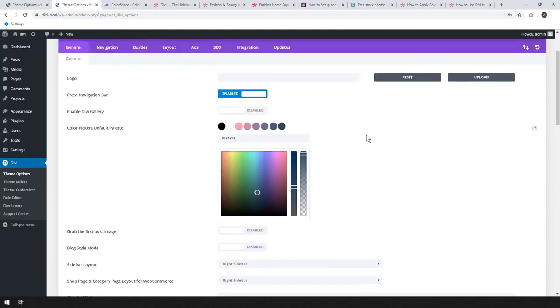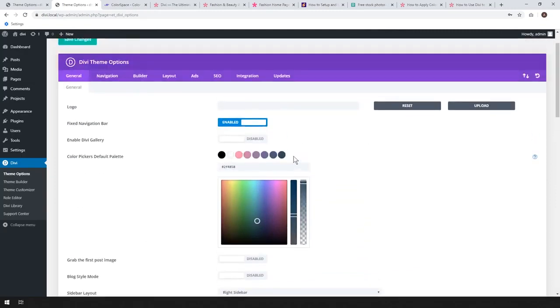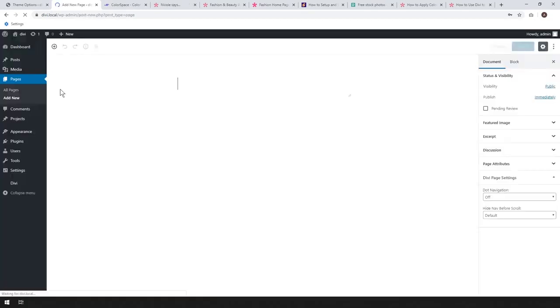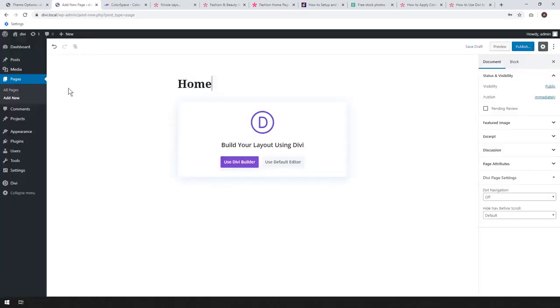So now whenever we build a new page, we'll have all these consistent colors available in our theme builder. So now let's go ahead and start building some pages. So I'm going to go to pages and I'm going to add a new page. So let's build the home page first. I'm going to call it home, and I'm going to hit publish,